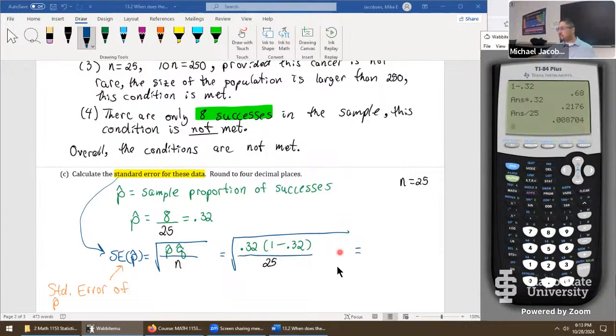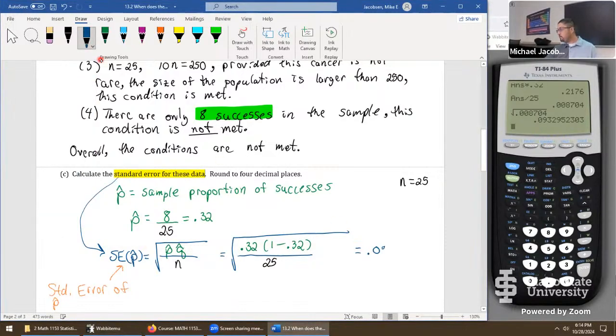Now we do this step. I made it a huge square root symbol just to emphasize, make sure everything goes in there. But with this process, it's not as much of a danger. Just take the square root of that number. Hit the second button. Right over here is your power 2 button. That's a good one to practice. It's kind of hard to see, there's a square root right to the right of my red dot. You hit that, then up arrow once, and hit enter to paste in the number. That way there's no additional mistake on copying, retyping. And that's finally our standard error. To 4 decimal places, we'd have 0.0933.